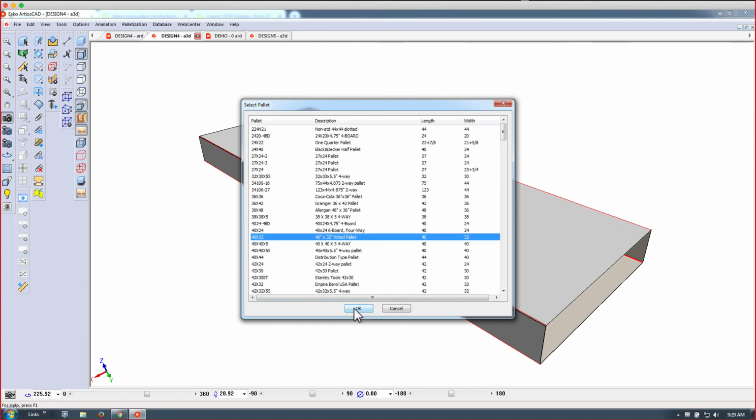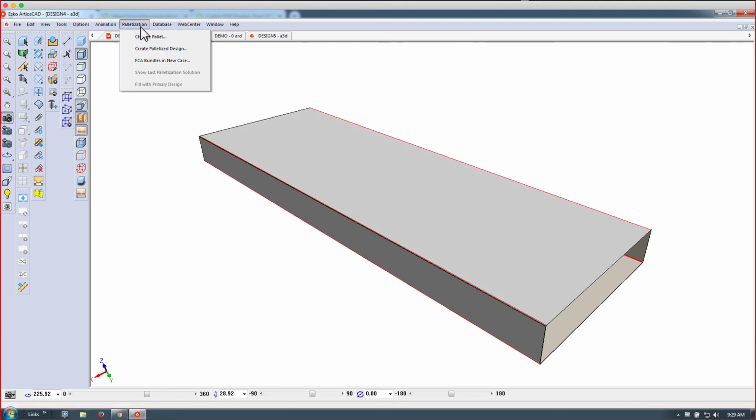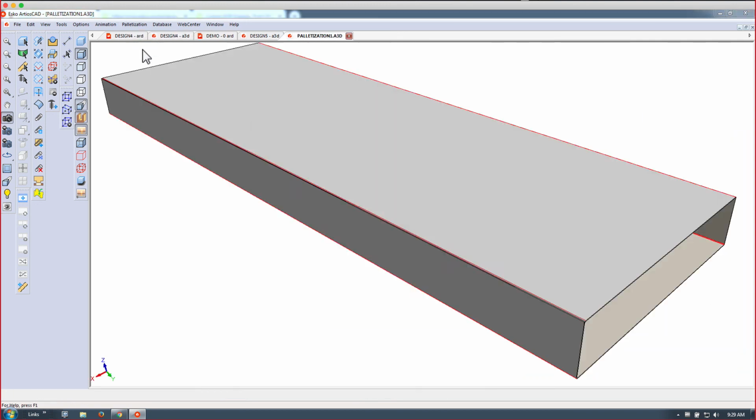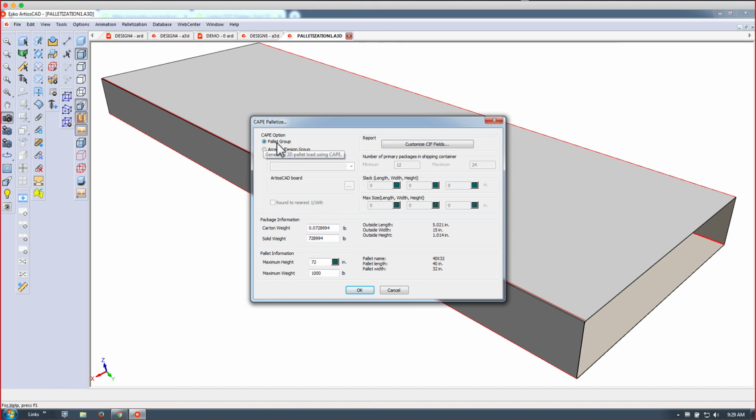So if we pick a standard North American 40 by 32" pallet, we can pick that, and then we can create a palletized design. So here we can take the single object, so the single sleeve, and we can palletize that. More realistically would be where we first create a secondary shipper using the Arrange Design group, where we pick, for example here, a standard brown box 201 shipper,